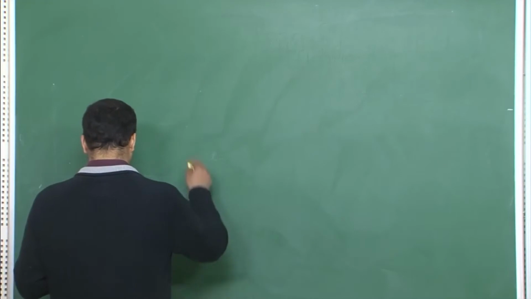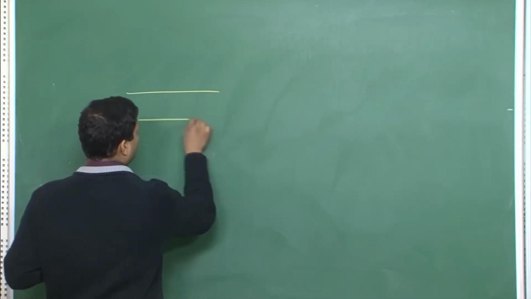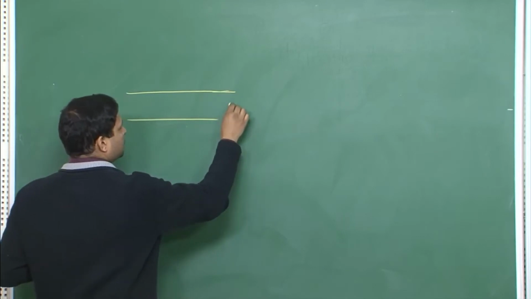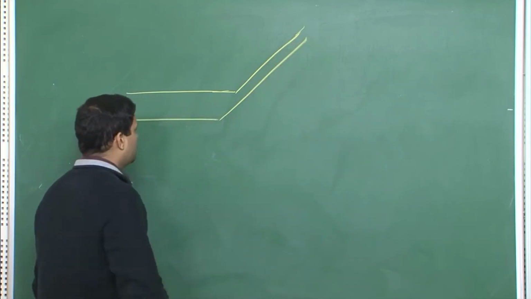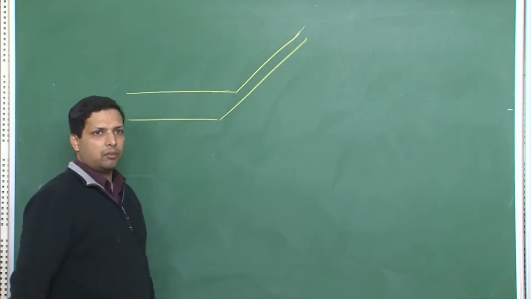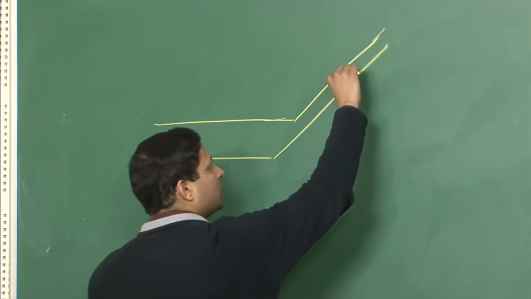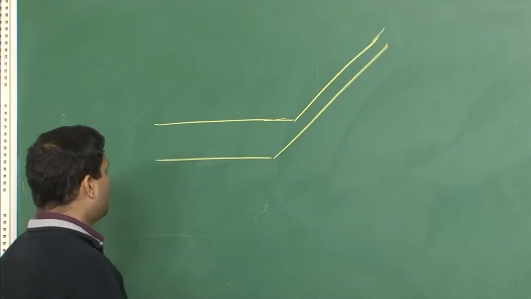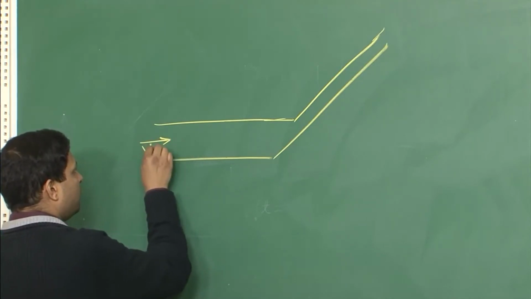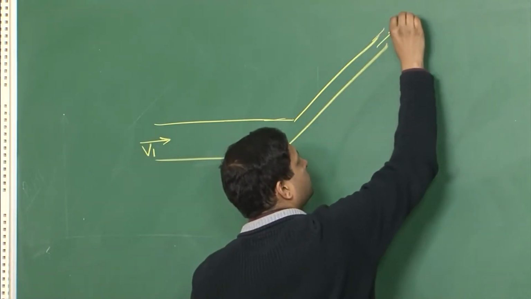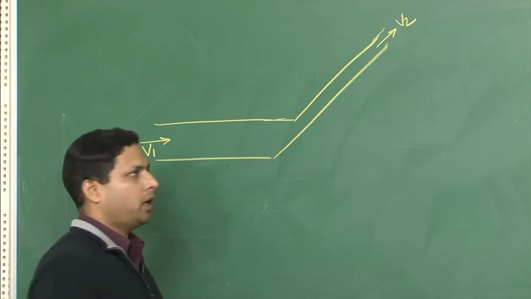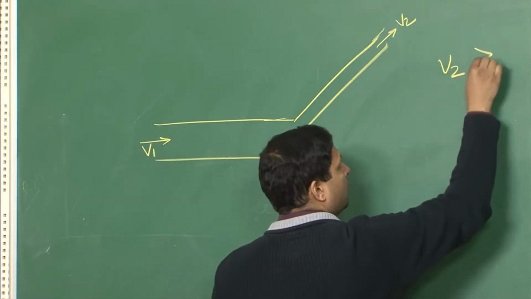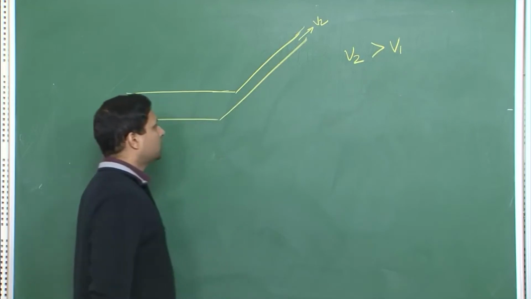So, let us look at this simple deformation where a metal is coming in like this and then it gets deformed like this. The first thing that you notice is that here the metal is much thicker, and here the metal is much thinner. So, if we say that this is velocity v1 and this is velocity v2, which one should be higher? Obviously, velocity v2 should be higher. So, you know that v2 should be greater than v1.